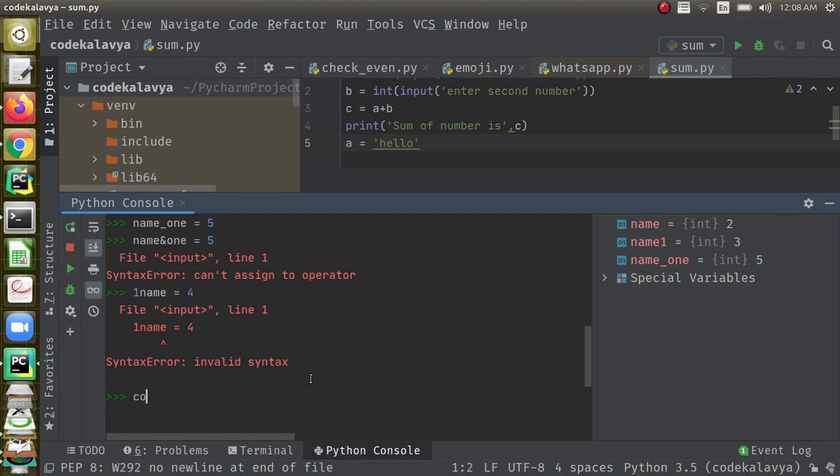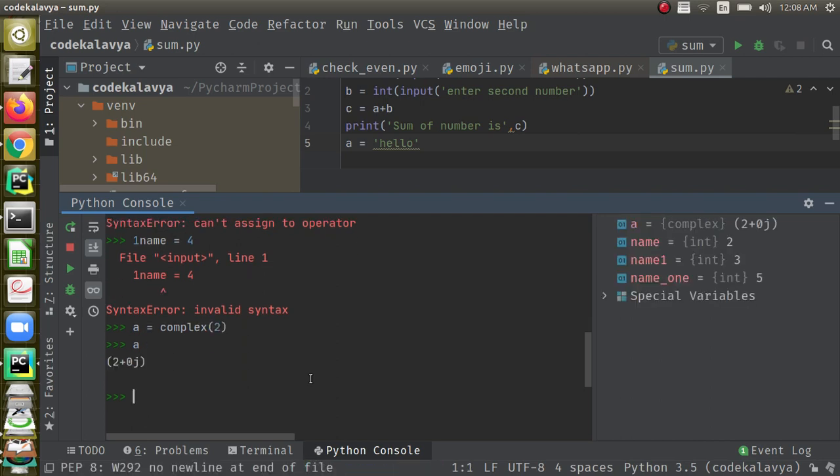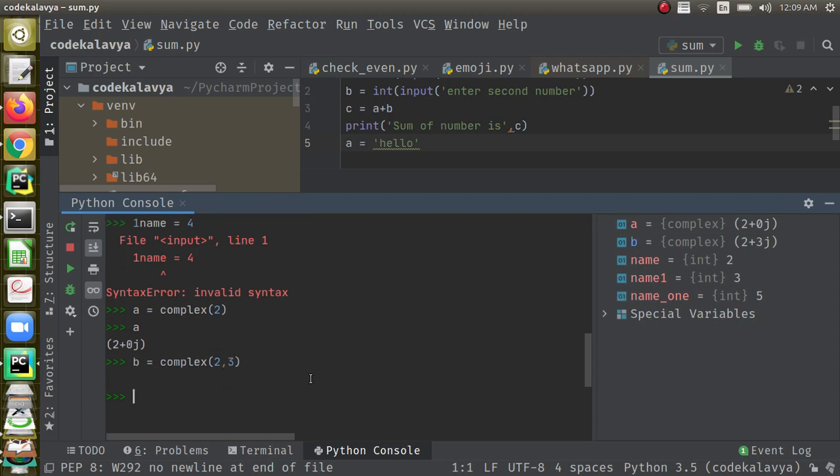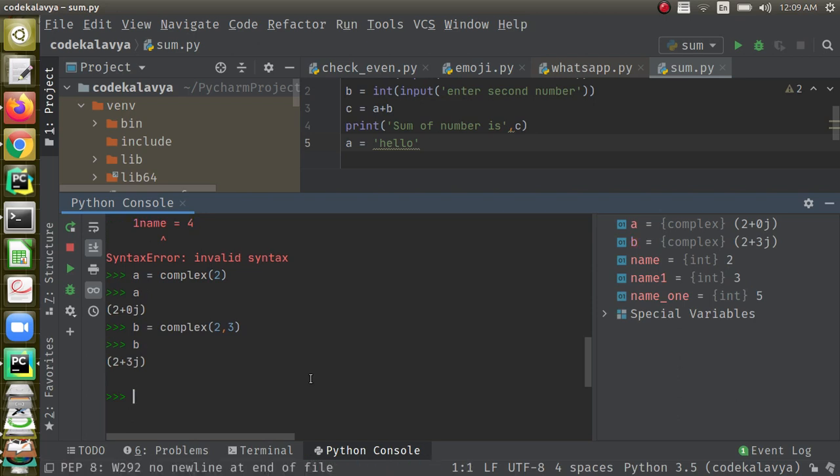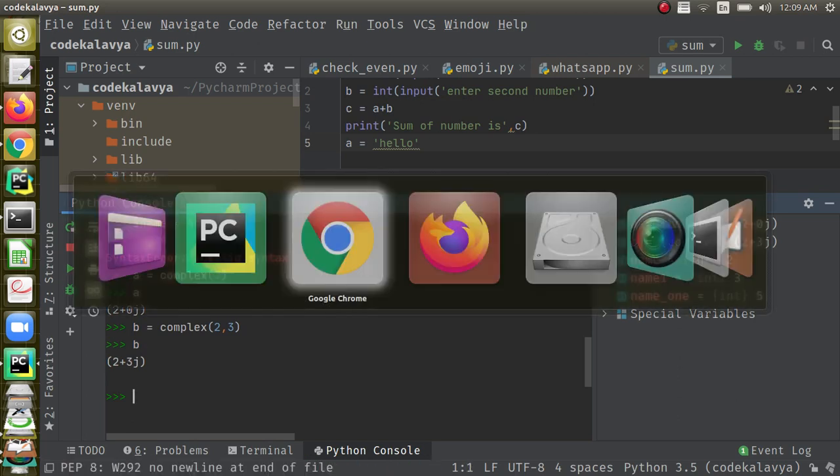I will write a equal to complex(2). If you print a, you will see that its imaginary part is 0. And I can write b equal to complex(2, 3), then 2 will be taken as the real part and 3 will be the imaginary part. So you will see 2 plus 3j.